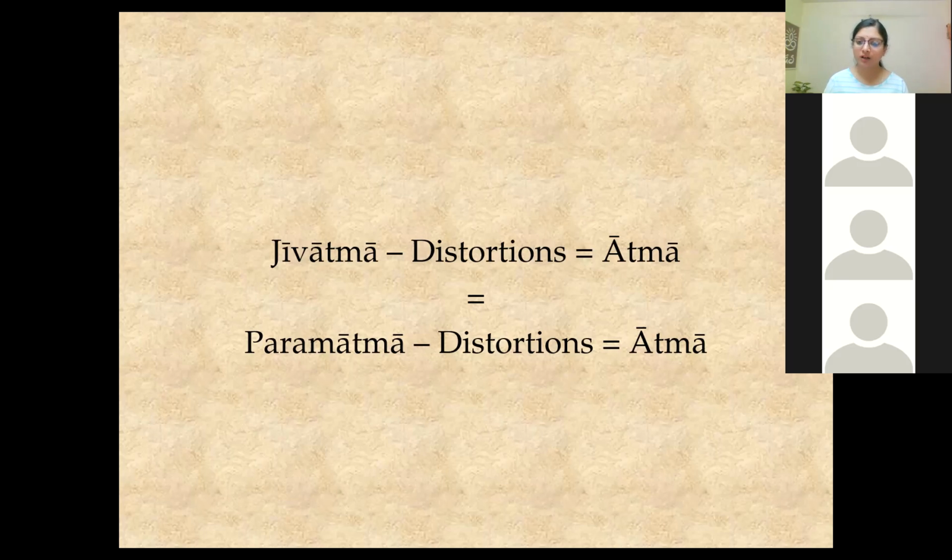Perceptually, the differences will continue, just like we have different reflections in the mirror. Perceptually, these things continue, but I don't accept them because I know that they are not real. Okay, when I say not real, I don't mean perceptually unreal. I mean in the sense of mithya and satyam. They are not independently existent.